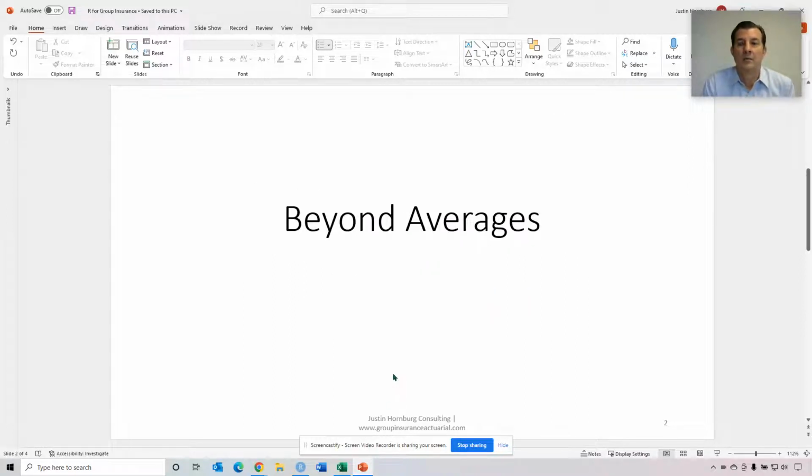A LinkedIn connection of mine recently made a post in which she alluded to the fact that if you are looking only at the average age of a group, you're going to be missing some important information about that group. And that's completely true. And my comment to that was that while you can use Excel, which is probably the most common tool used by underwriters and actuaries in group insurance, to get more than just an average of a group,